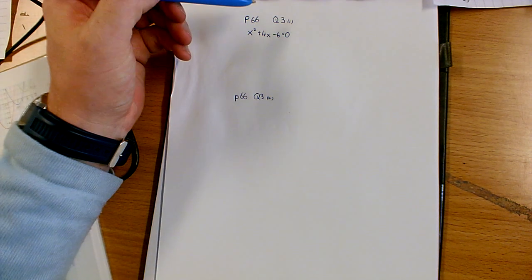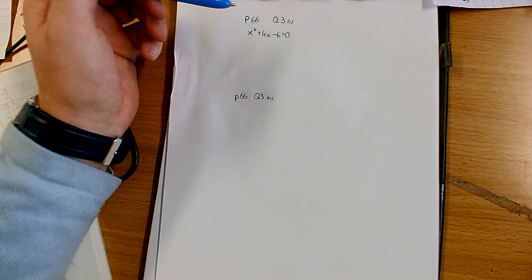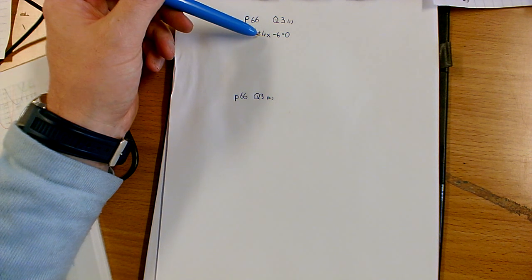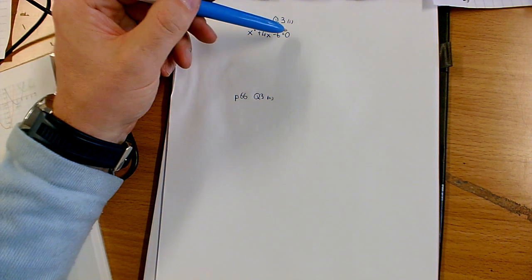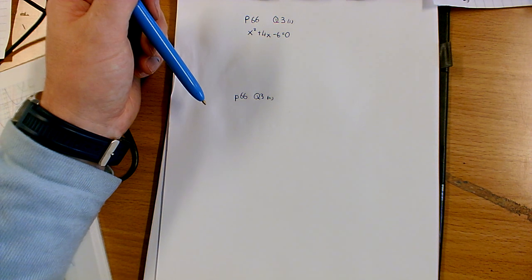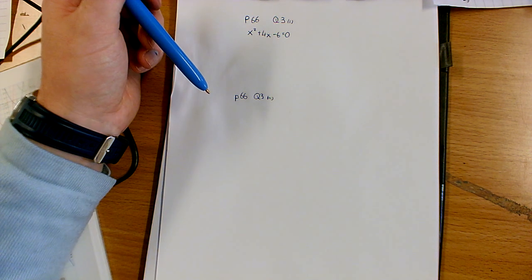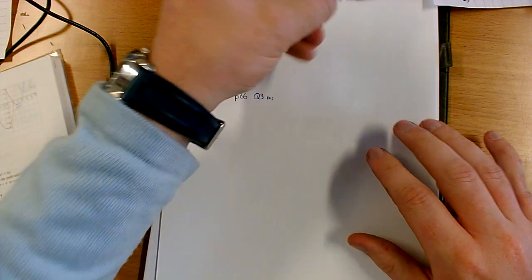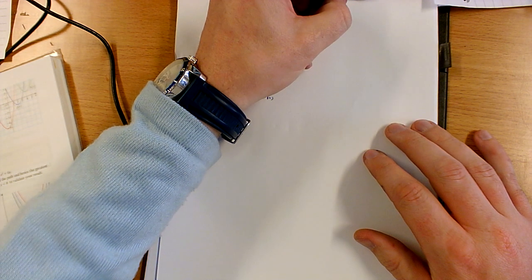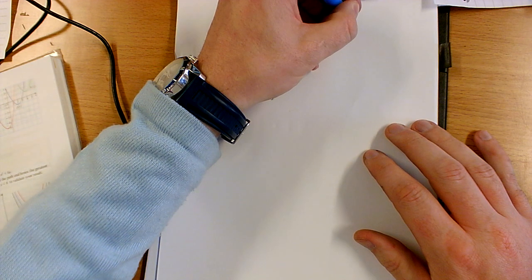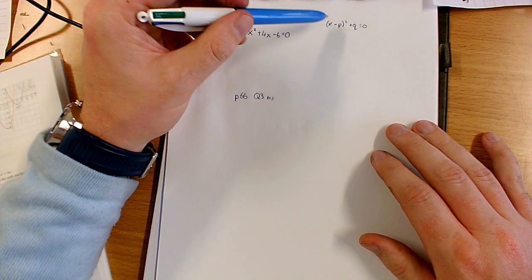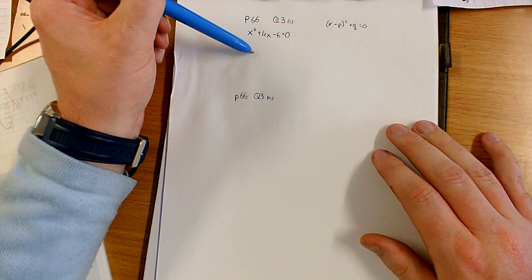Okay guys, so I'll start off on page 66, question 3, part 1. Right. So we have a quadratic x squared plus 4x minus 6. We can't write that as a perfect square. In the question they say write each of the following in the form x minus p squared plus q equals 0. Now when they say that, they mean write it as a perfect square